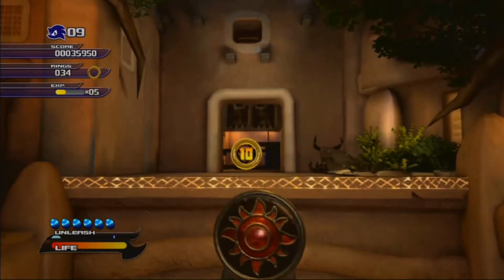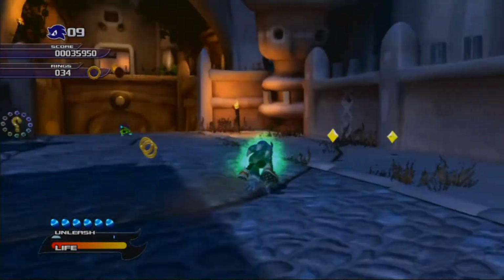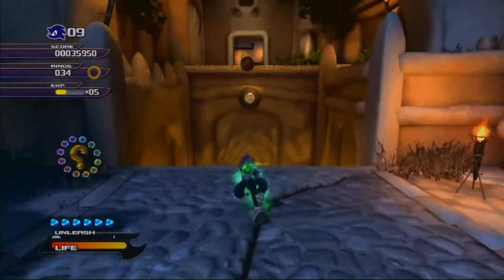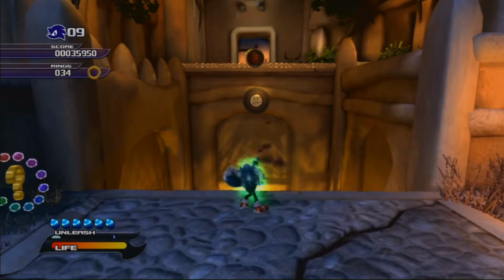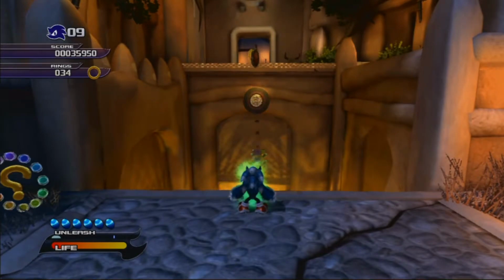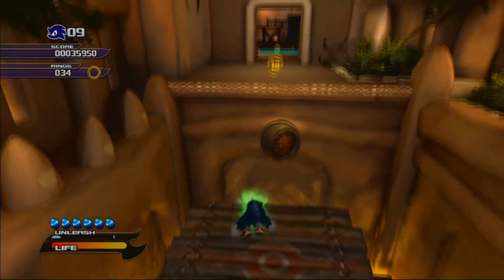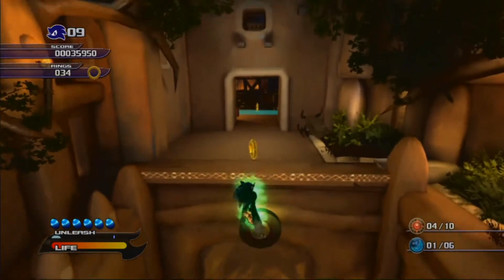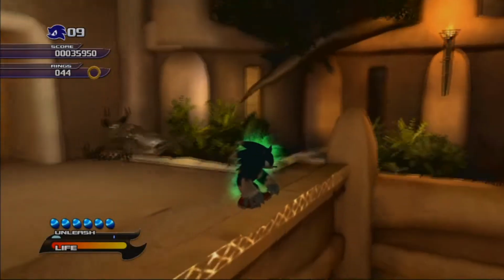The thing about these stages is that if you don't get hit, you get rings, and that's it. You get the S rank. Because you don't lose rings in these stages unless you die. You have a health meter, not losing rings by...